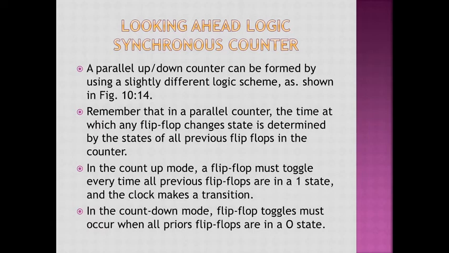Now, here a slightly different logic is going to be there. Here the clock is given to all the flip-flops simultaneously, without any AND OR network connected to the clock. But an AND OR network is utilized between the two flip-flops, and you will see that the output Z, that is the OR gate, is connected to the J and K inputs of another flip-flop, and hence the flip-flop is going to be enabled or disabled.